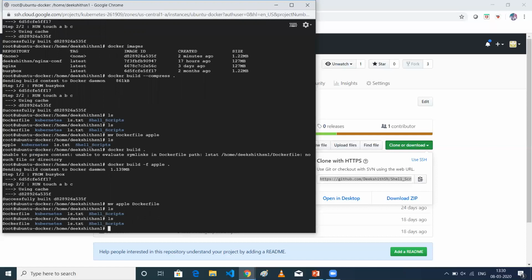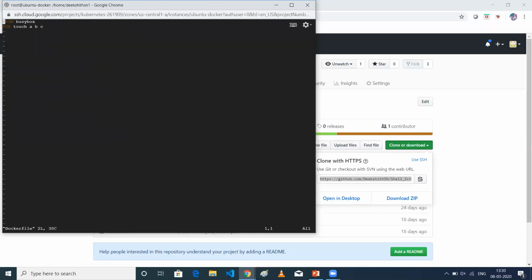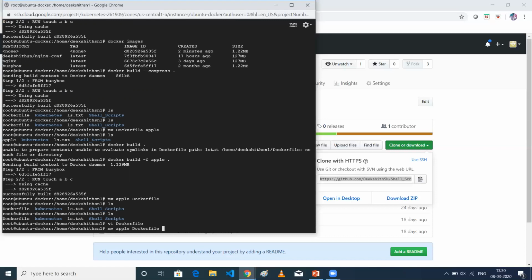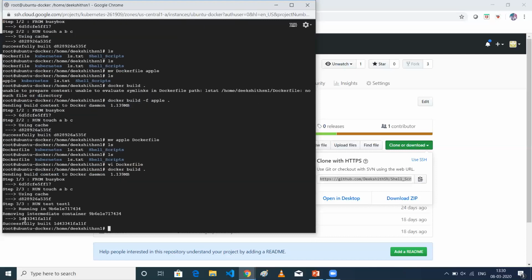So what we will do is edit our Dockerfile and add one more, run test and test one. What happens is, when you build your Dockerfile now, whatever instruction has been mentioned here will be executed on top of the previous layer, and the newly created layer will be given to the next instruction. When you run it for the second time, all the intermediate images will be there in your cache. So the Docker cache will be used from that,